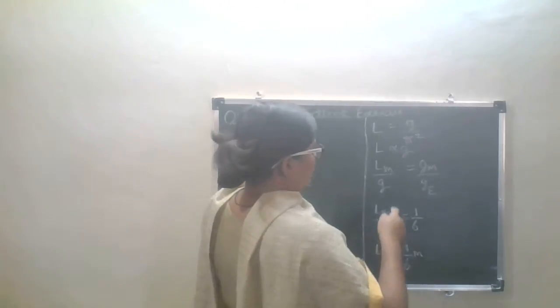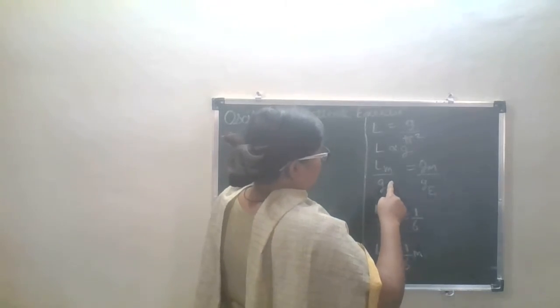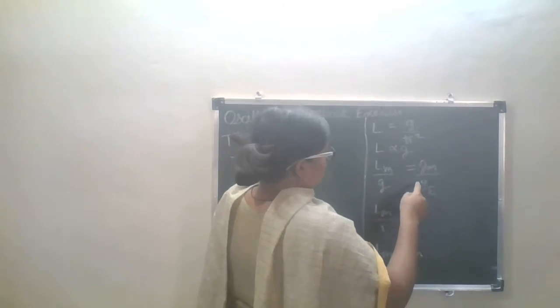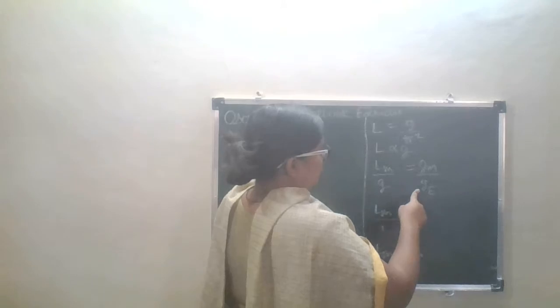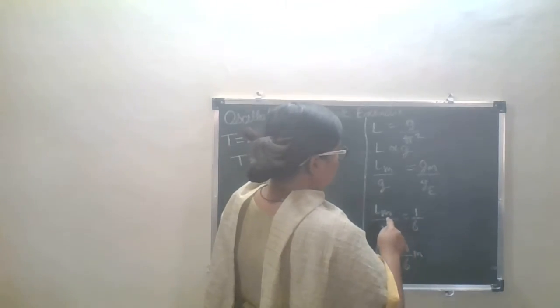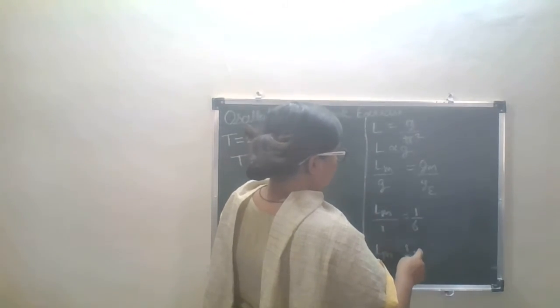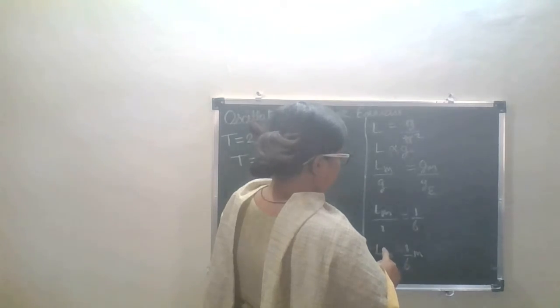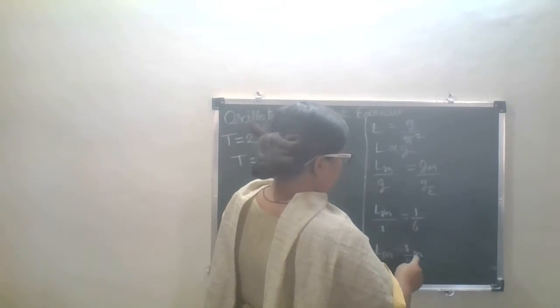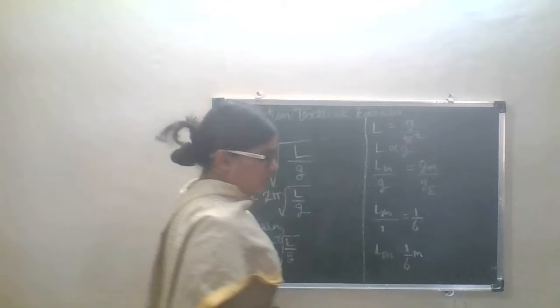Then L of m upon L of e is equal to g of m upon g of e, so L of m upon 1 is equal to 1 upon 6, which is 1 upon 6 m, the answer of the third